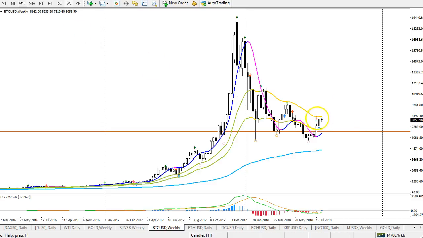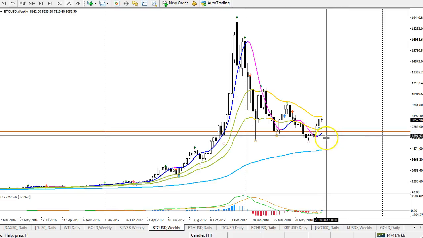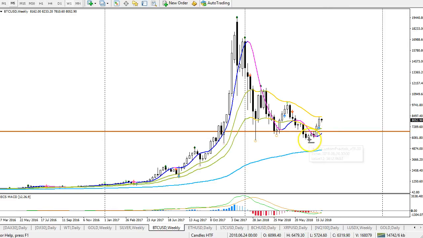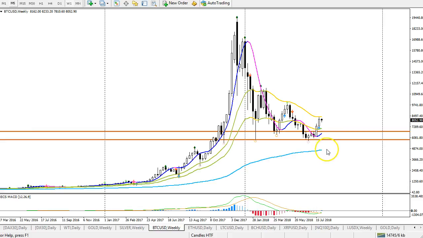If we don't get a higher high, then it looks like an ABC, and in that case, price could start correcting lower again. If it breaks below this support trend line, then we might see more correction to the downside, and an extension of this falling wedge. Price could fall maybe towards the 5K level, for instance. If it breaks below 6,800, there could be more bearish pressure to retest this bottom first of all, and then fall maybe to the long-term moving average and the psychological round level at around 5K.